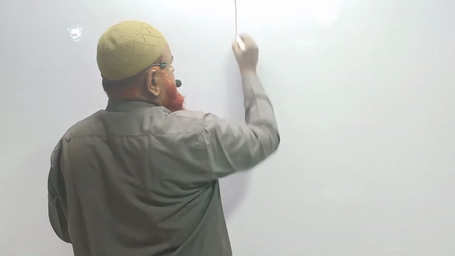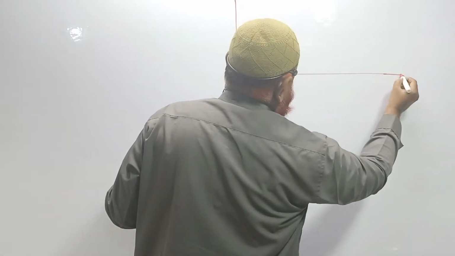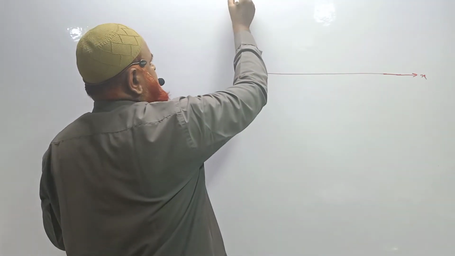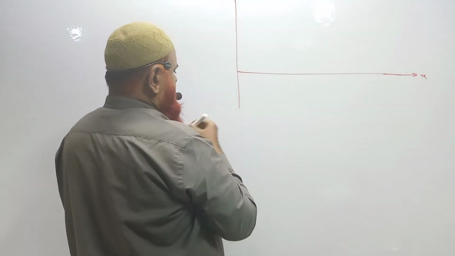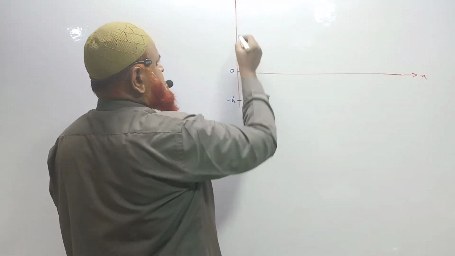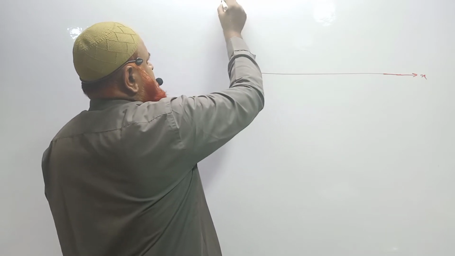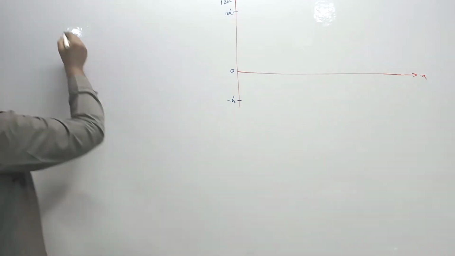Next concept is, I am considering two axes here. This is x and this is y axis. Let us imagine. Now here, this is minus 10 degrees Celsius. This is 0. Up to here 100 degrees Celsius and this is 120 degrees Celsius. I will give you one small example.